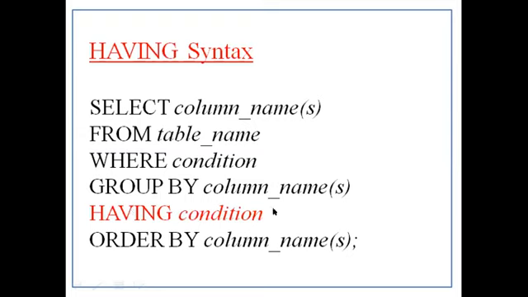So for better understanding of the having condition, please try to listen now. If there are any conditions on the group by clause, you can still apply the having condition. Having means there must be one group by. So without group by, there is no having condition. Before having, you must use one group by. Now see one example.